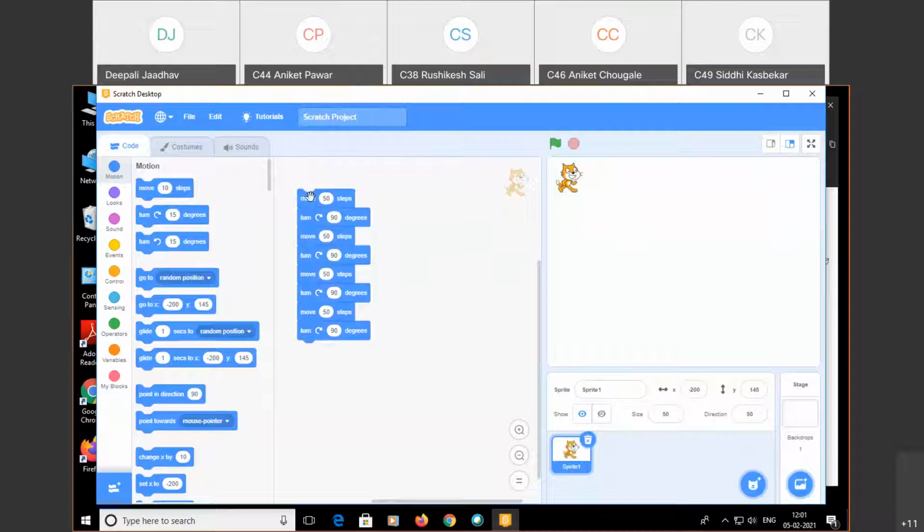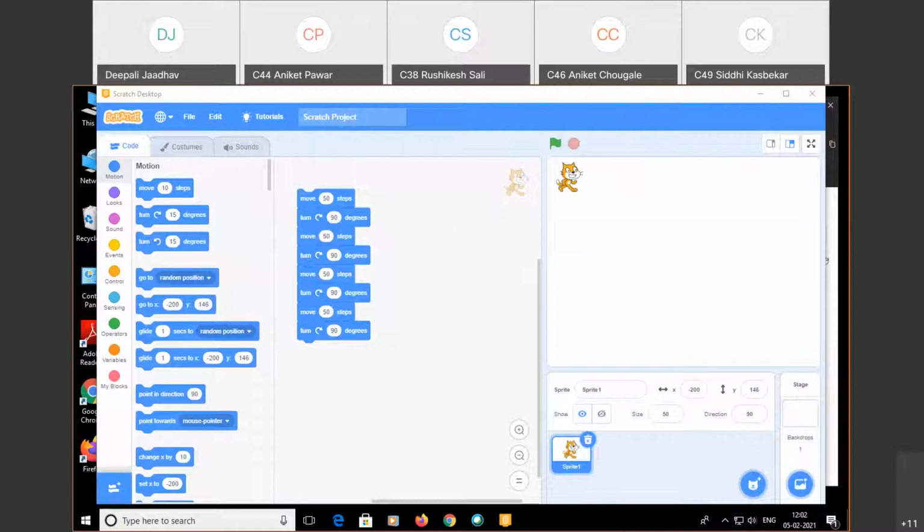Now what happens? All these operations are performed, but they are completed within 1 second, and that's why you cannot observe the movement of the cat.